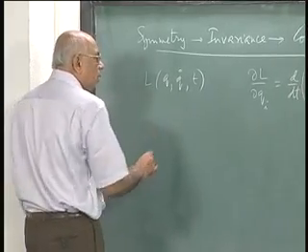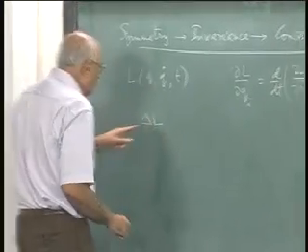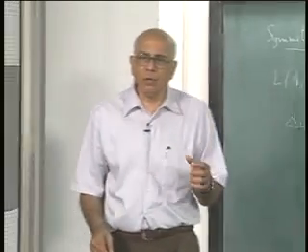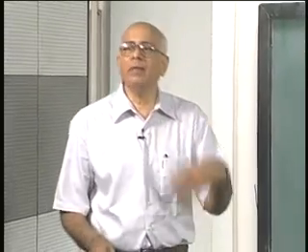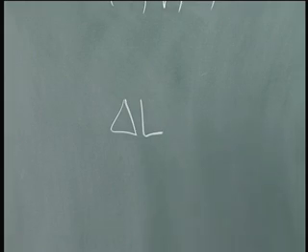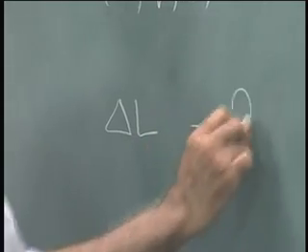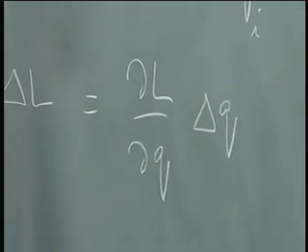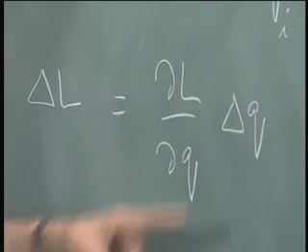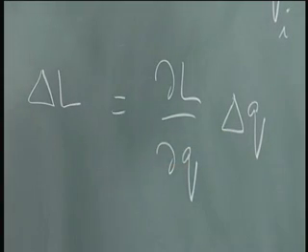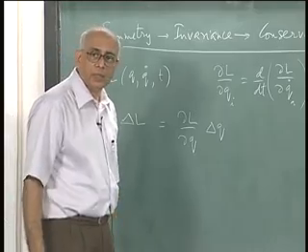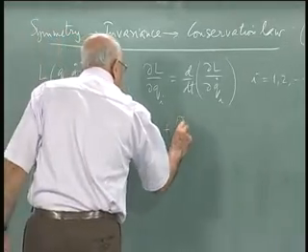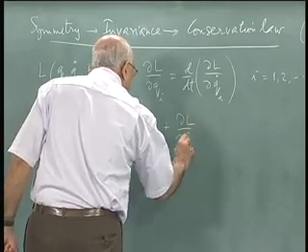That change let me denote by capital delta L. I do not want to use little delta L because I use that for variations, which led me to derive the Euler-Lagrange equations. Let us call it delta L, and I will give examples. This delta L of course is equal to delta L over delta Q, there is a summation over i implied here, so we will not write this explicitly. If delta Q is the change induced in the coordinate Q under this transformation, plus delta L over delta Q dot,